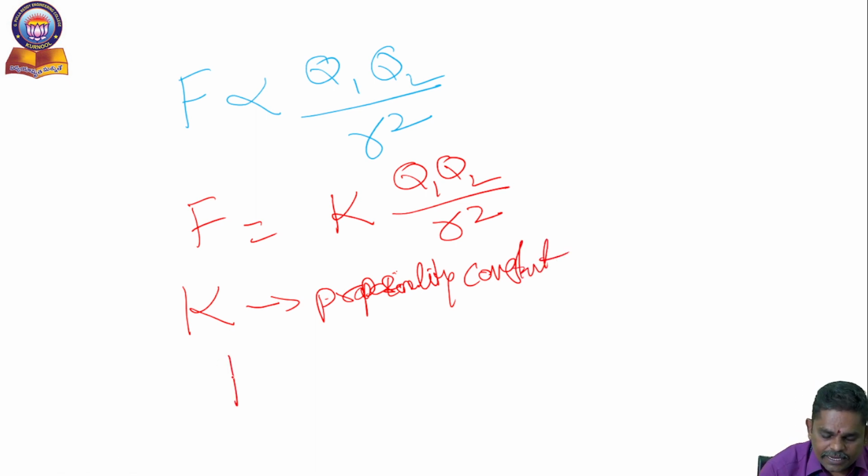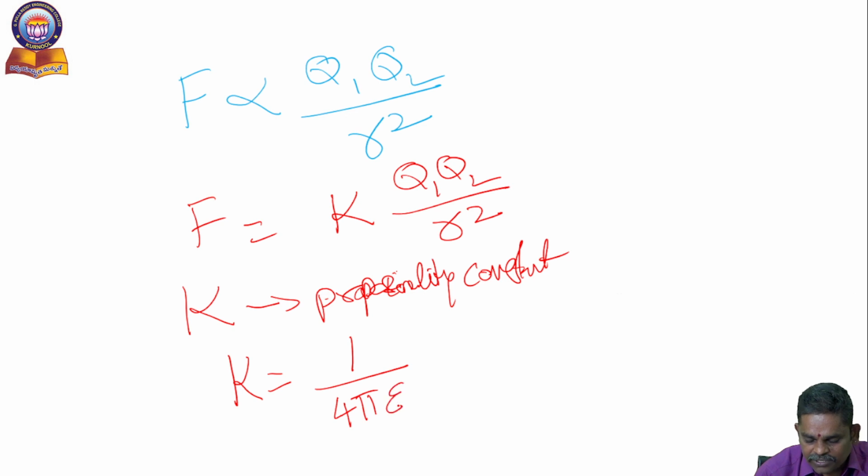Now what is k? K is equal to 1 by 4 pi epsilon naught, where epsilon naught is